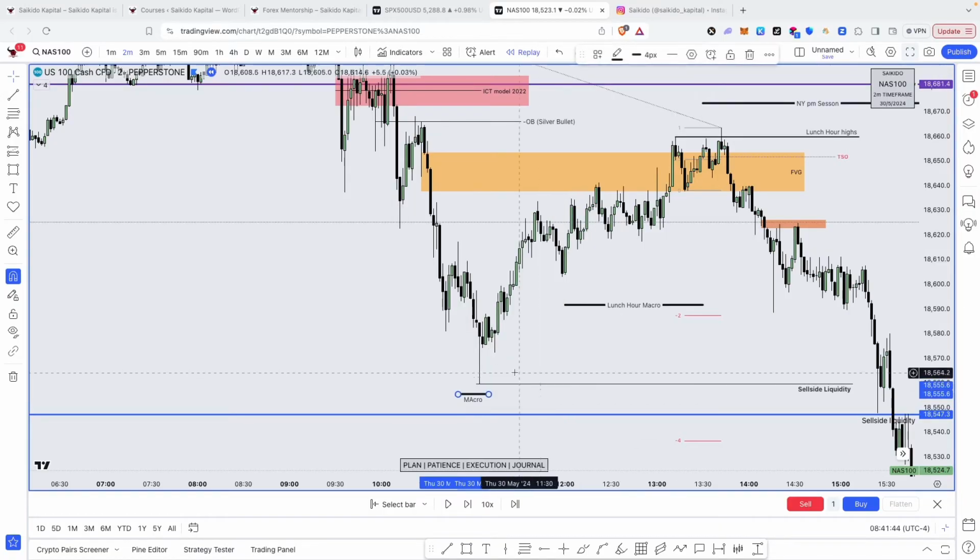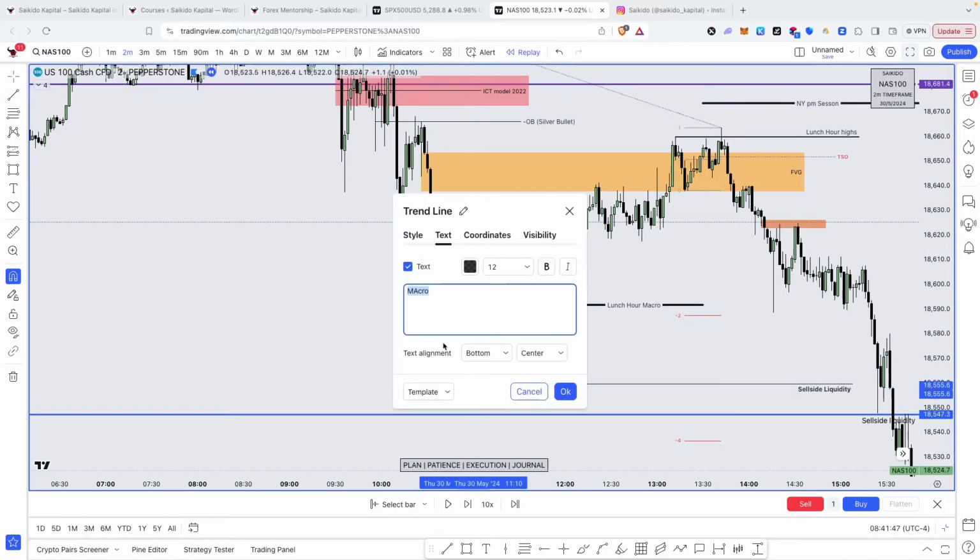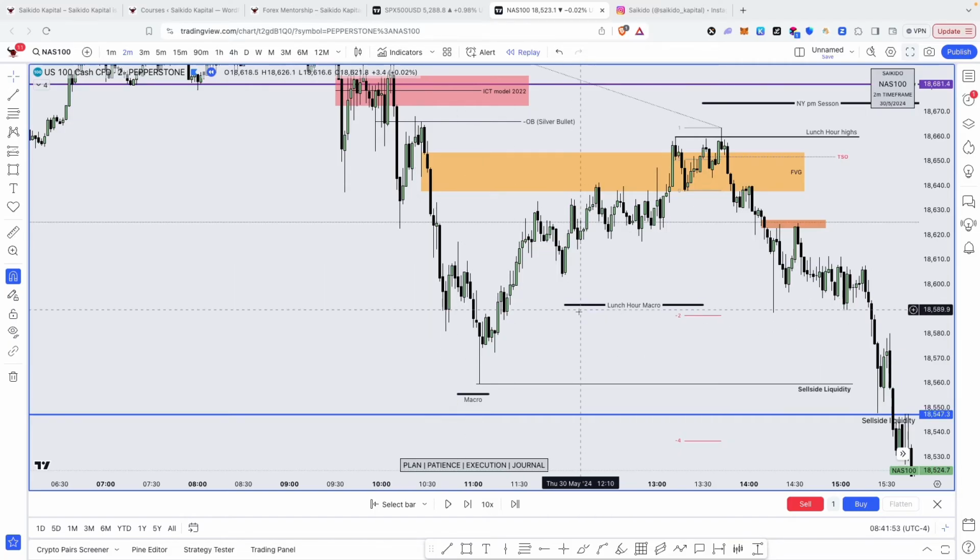This macro here is a trigger. It gives you an entry for the lunch hour. Basically, you can trade the lunch hour, which is from 12 to 1. You can get a direction here from 10:50 to 10 past 11. Every 10 to, there is a macro. Basically, it could be 10 to 10, 10 to 12, 10 to 1, 10 to 2, up until the final hour macro, which is from